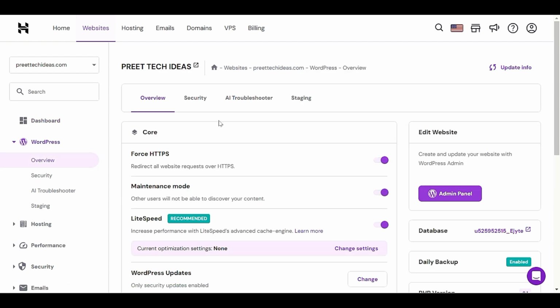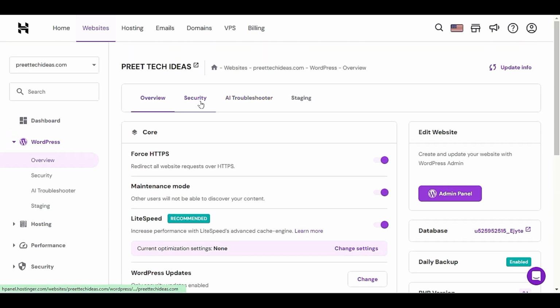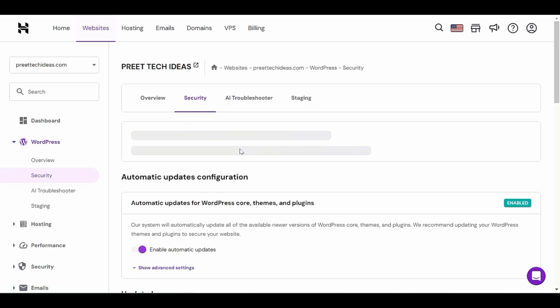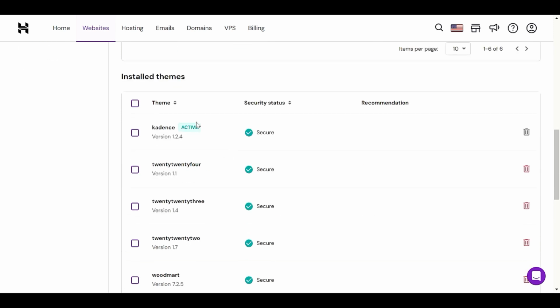Actually, we have all the security options here, as I already explained, but you will see the upper-side security option here. We missed that one, so I want to cover all these options. Okay, click on the security option. In the security option you have to click Enable automatic updates. Sometimes a plugin or theme has new updates or brings a new feature, and it will help you to auto-activate